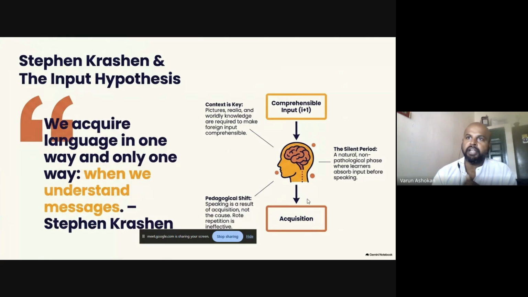Then he proposed the natural order hypothesis. The natural order hypothesis is particularly on the grammar aspect. The grammatical structures are acquired in a predictable way. It means that you might observe children. They may use present tense and past tense. Sometimes they get confused about using present tense and past tense. Then they go for a natural